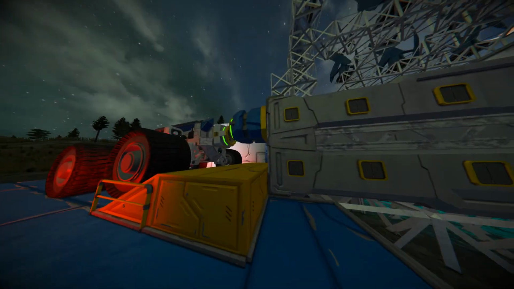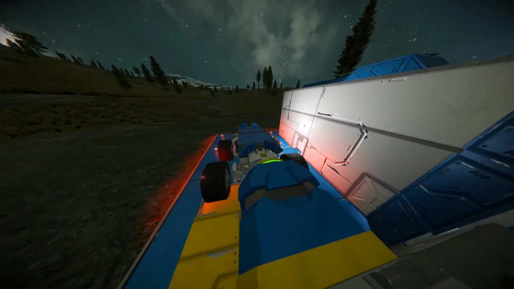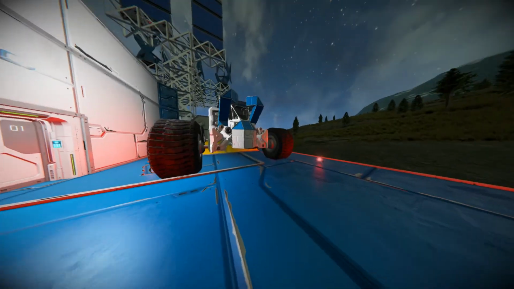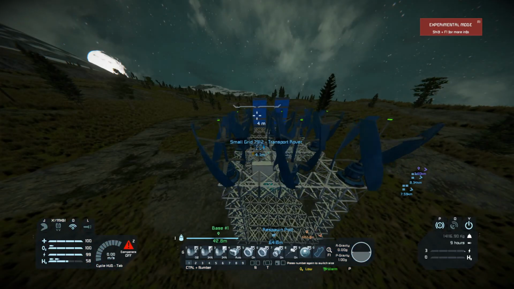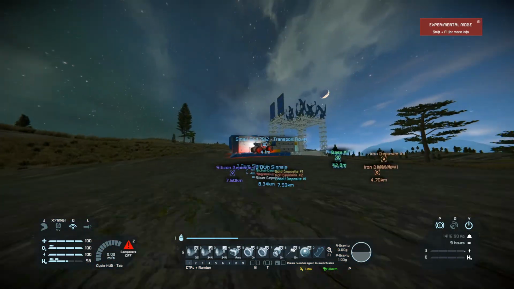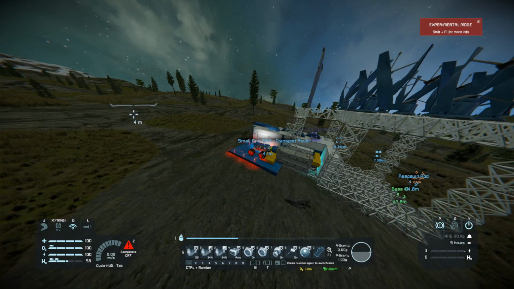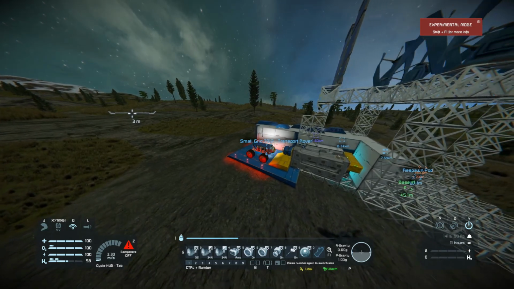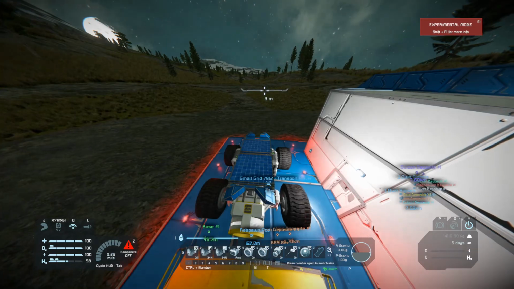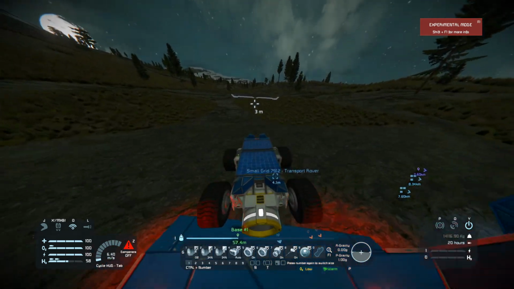I changed the look of it a little bit, because the way that we had it set up, it wasn't really looking the way I wanted it to. So, if we go ahead and hop in here, we can see that right now it's connected to our base. And if we hit P, we are no longer connected, and we can drive. So, the way that I have this set up, and I'm pretty proud of this,